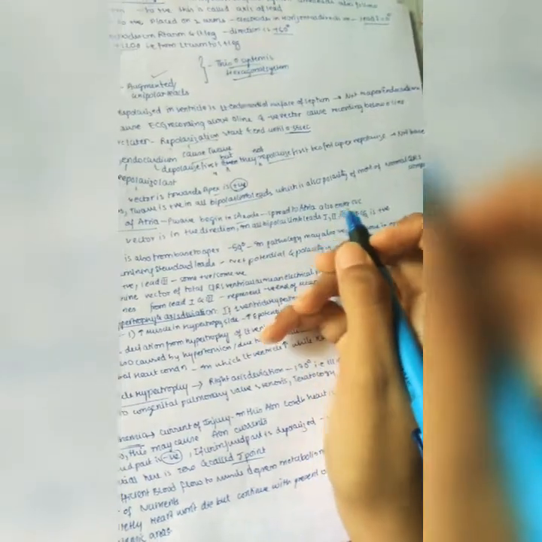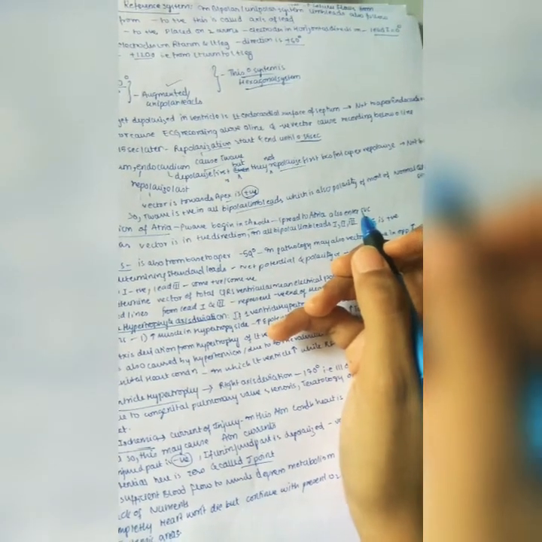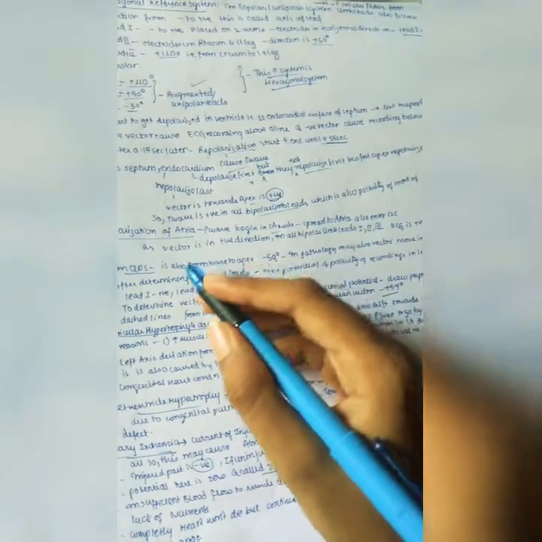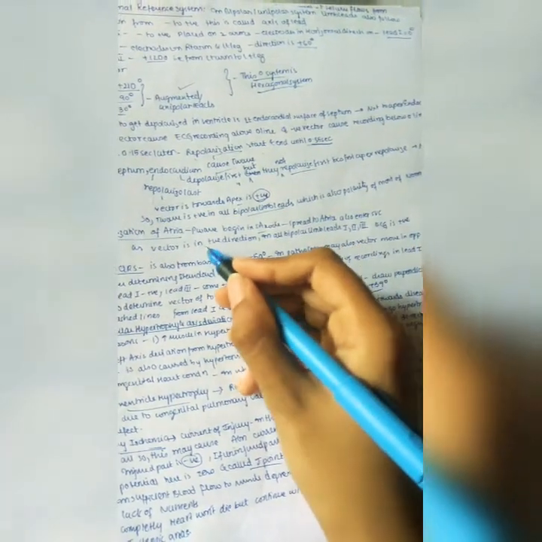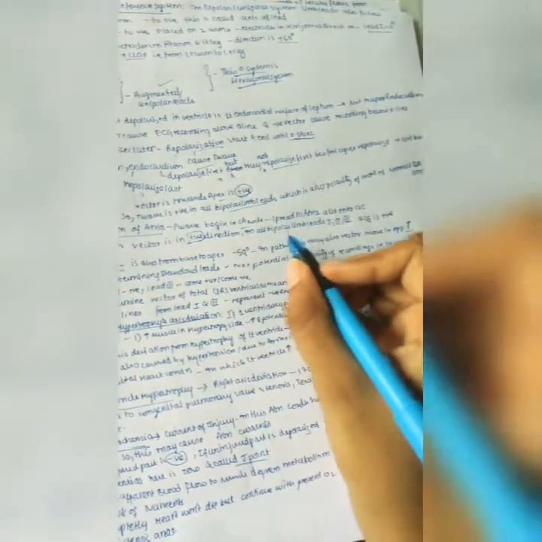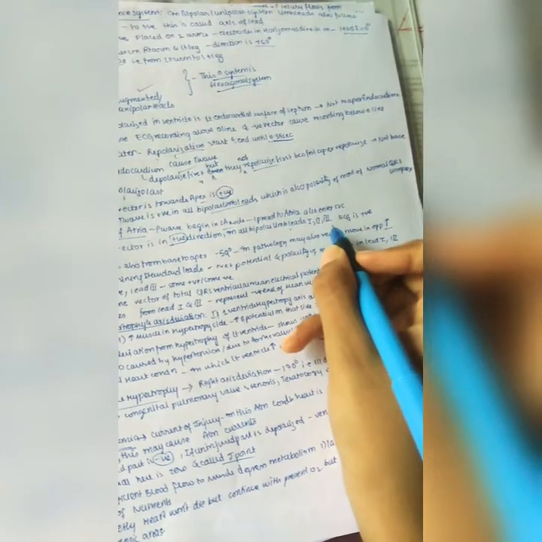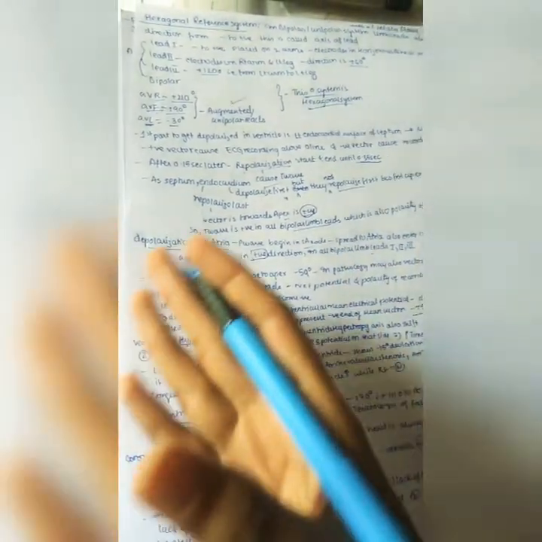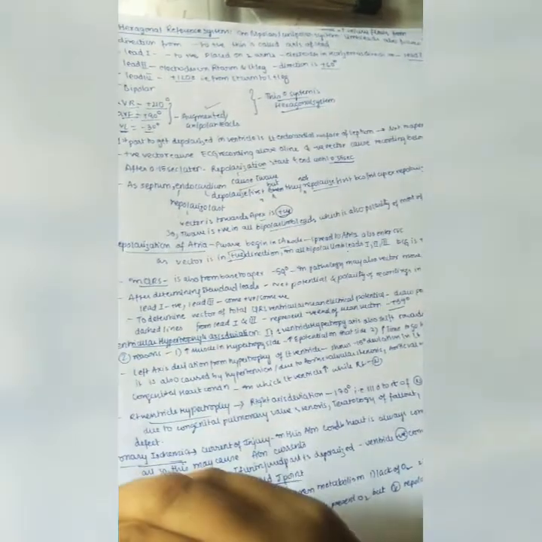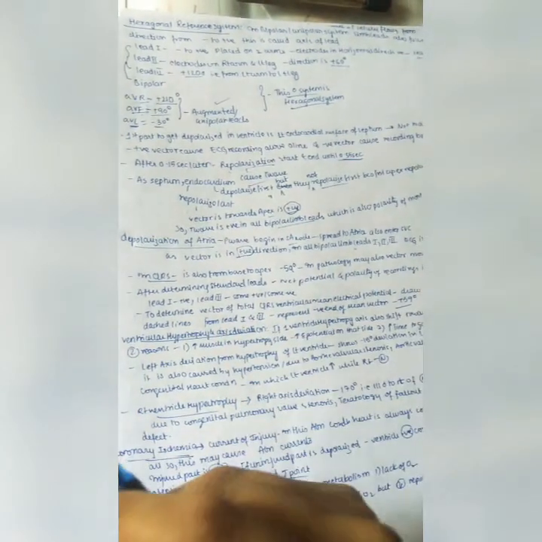So the spread to the atria also enters the superior vena cava, because the superior vena cava is also near to it. As the vector is in the positive direction in all bipolar limb leads, like 1, 2, 3, the ECG is positive. So even in the case of depolarization of atria, all the P waves in lead 1, lead 2, 3 are positive.